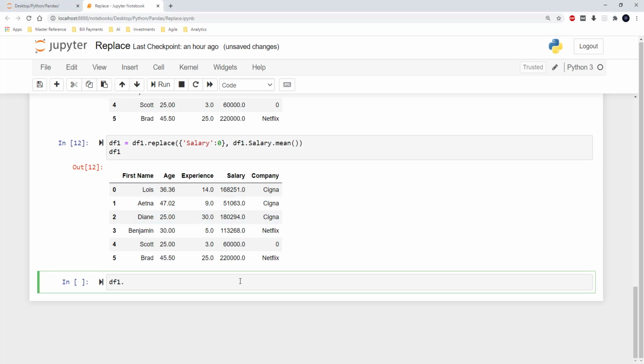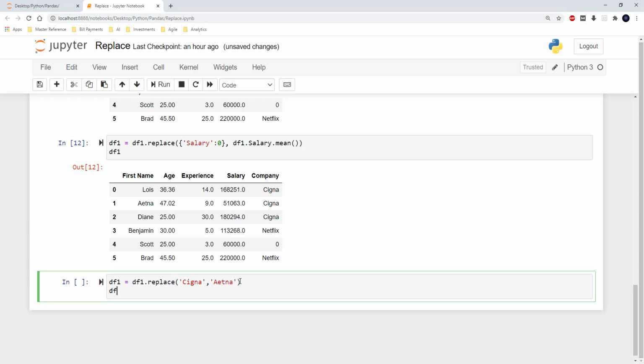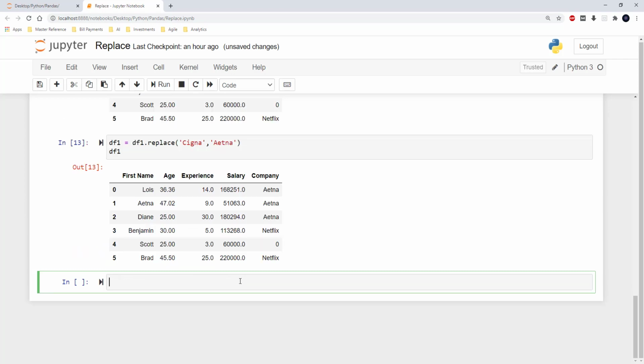Here I can again use the same replace, and I wanted to replace Cigna with Aetna. So this would do the work of replacing Cigna with Aetna, and the resultant data frame I wanted to store back to df1, and I am just printing df1. When I run this, you could see that all the Cignas have been changed to Aetna.